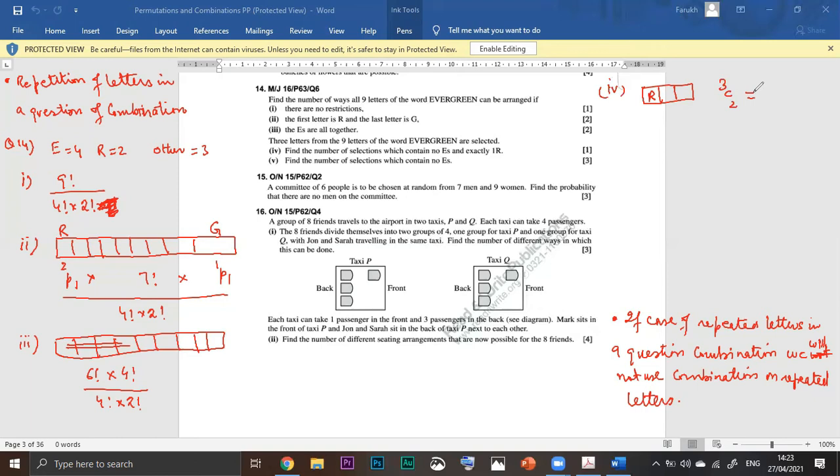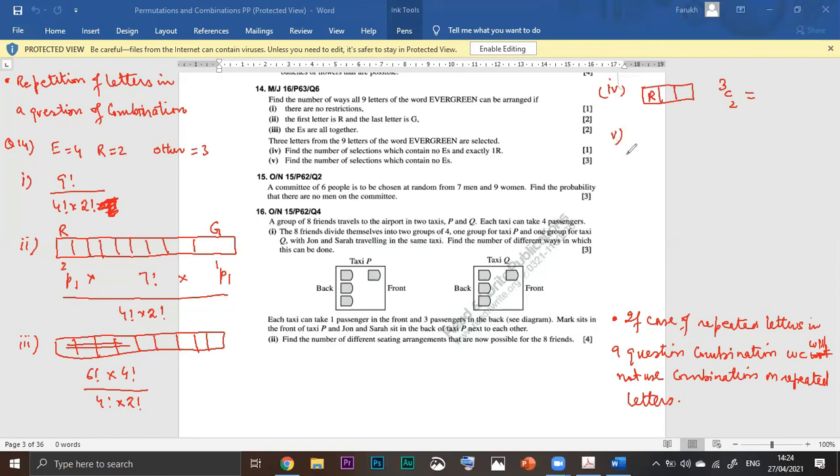Sir, won't it be 4? No. There are 4 e's, 2 r's, and the different letters we have are 3. No e is selected, 1 r is selected. We are left with 3 other letters. From the 3 other letters, we will select 2. Josefa, should I explain? No, now I understand, sir.